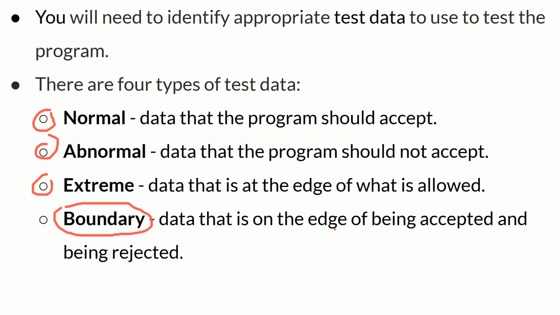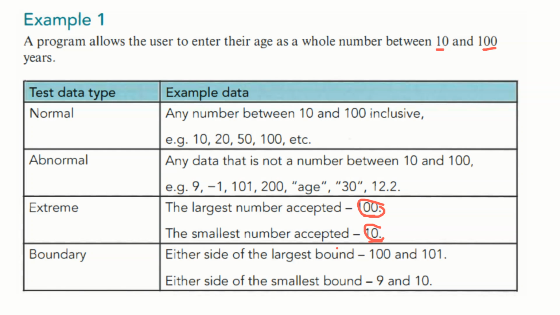But let's look at the boundary. The definition is saying data on the edge of being accepted and being rejected. That means one of them will have to be accepted and one of them has to be rejected. So here, if you consider the 100, then it becomes 100 and 101. So it comes together, and this is very, very important for the boundary. And then let's look at it down here. If I pick the lower point, it is going to be